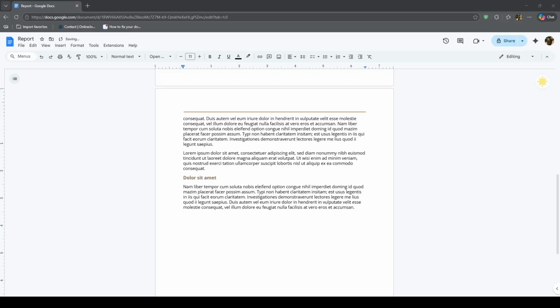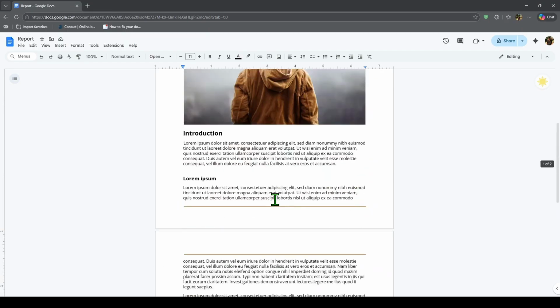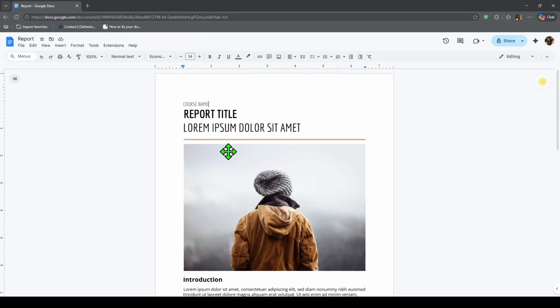In this video, I'll show you how to make Google Docs landscape mode. If your document looks too narrow for a wide table, chart, image, or layout, switching to landscape mode is a simple fix. In Google Docs, landscape changes the page so it becomes wider from left to right instead of taller